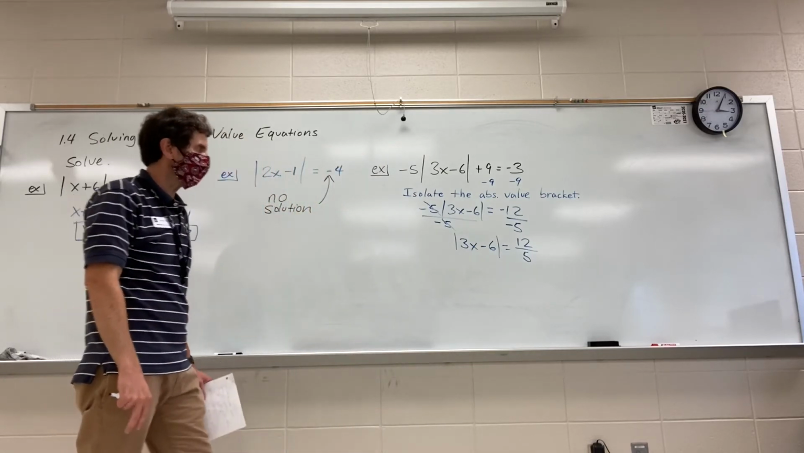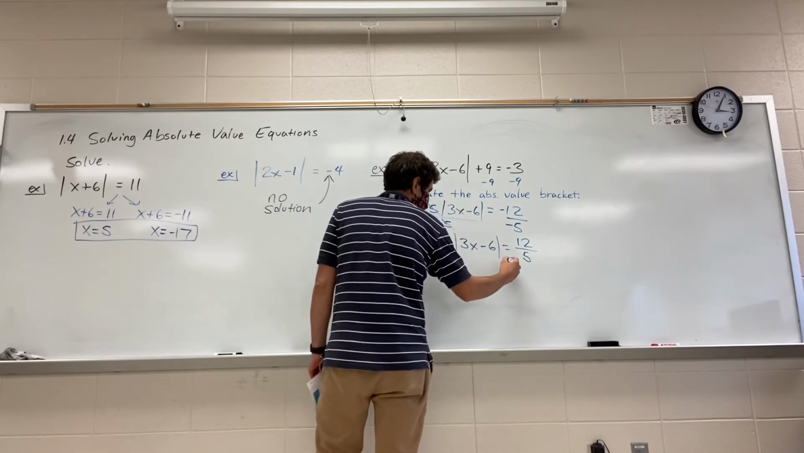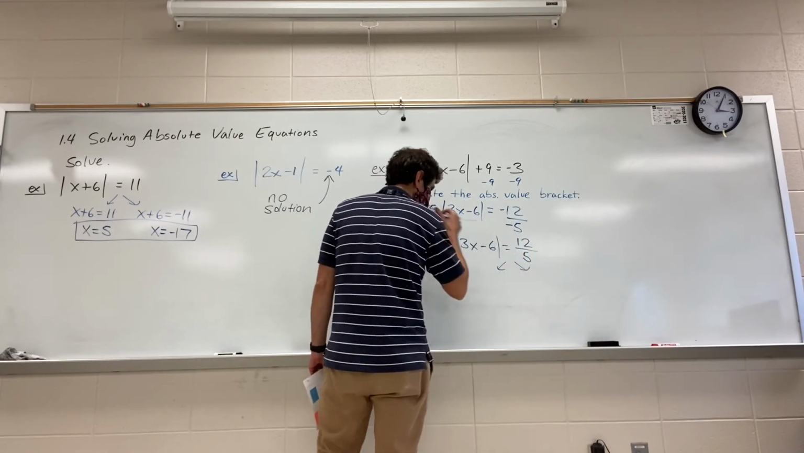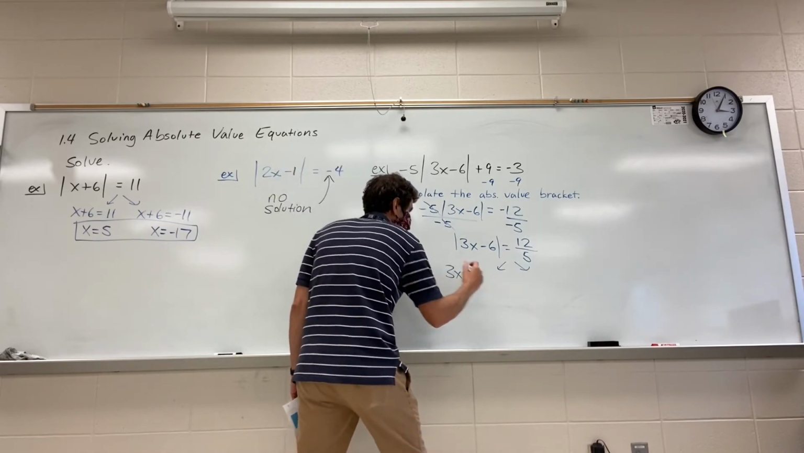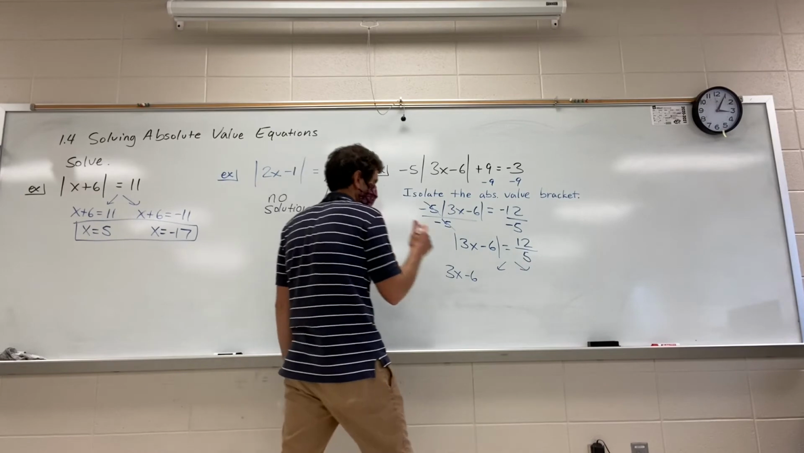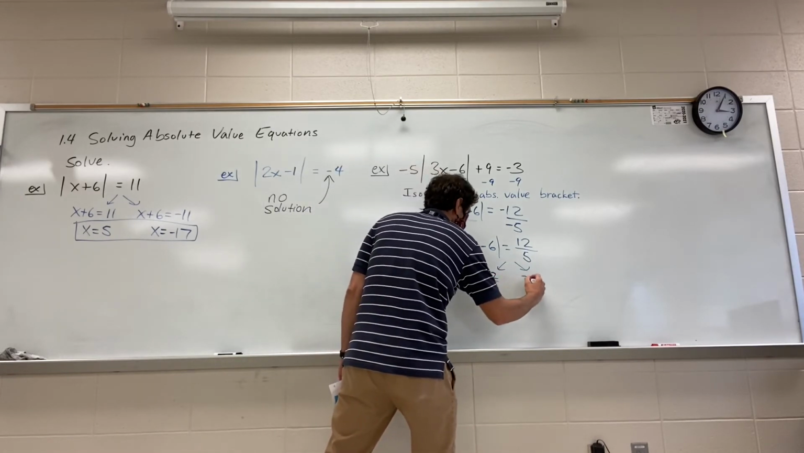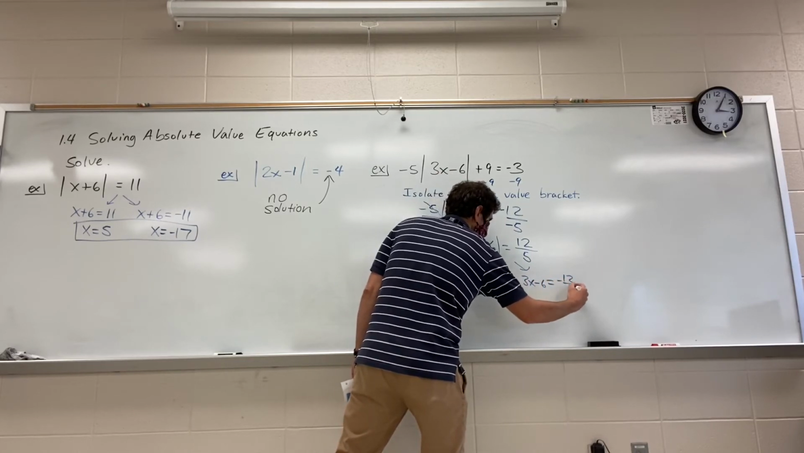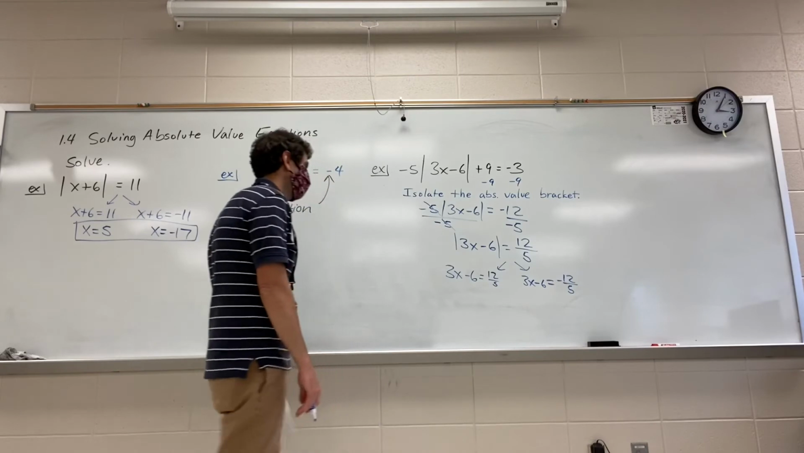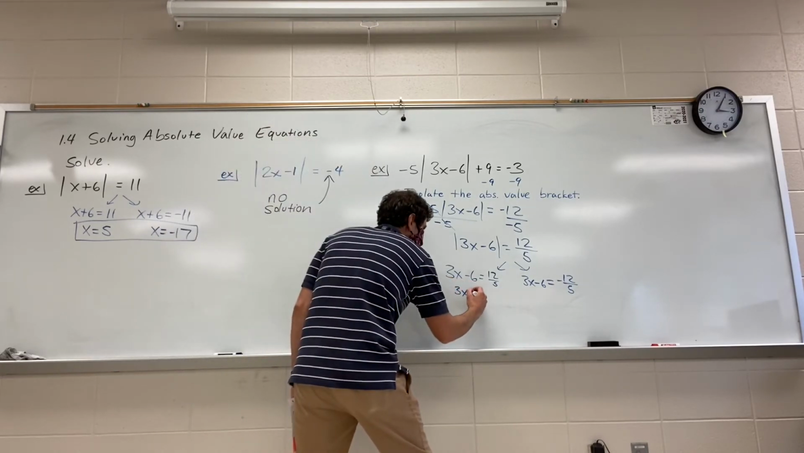All right, at this point, it appears that we can get 2 solutions. It's positive. So let's solve our 2 possibilities. It could be that 3x minus 6 could be positive 12/5, or it could be that 3x minus 6 could be negative 12/5, and it would work out. And 2-step equation, let's add 6